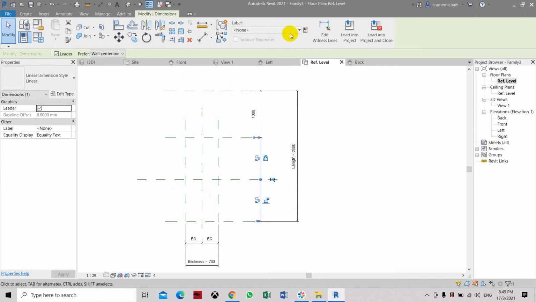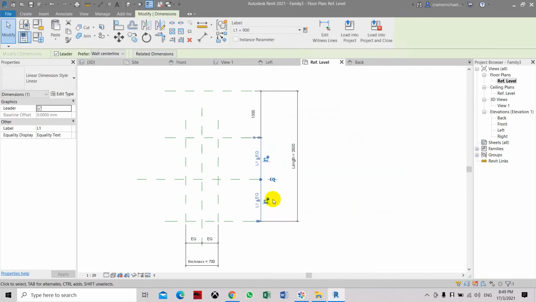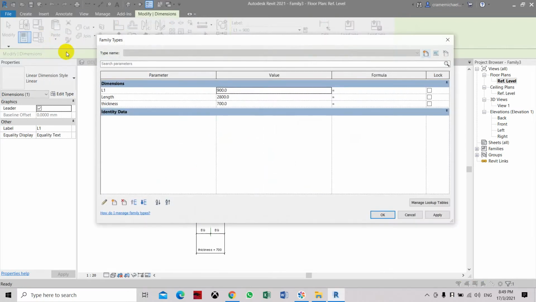Here we're going to create this parameter, and this one L1. L, length, L1. So for L1, we're going to go to the family types, and then we'll create a formula for this L1. So L1 will be length. Let's make sure it's the same name. Minus